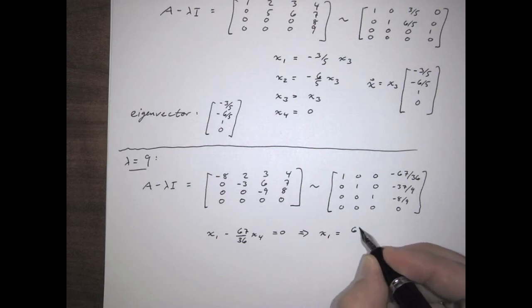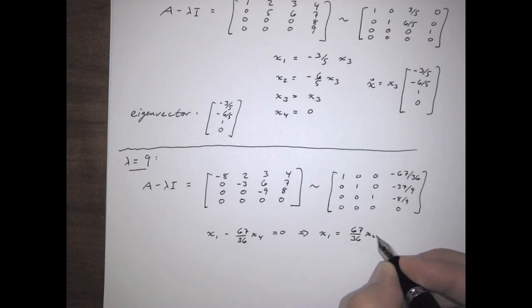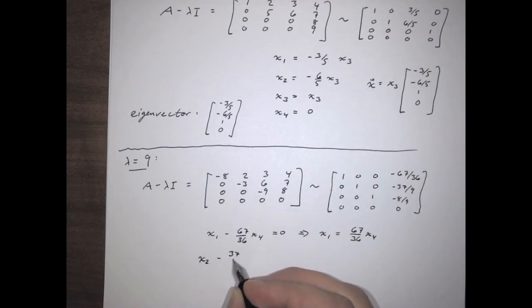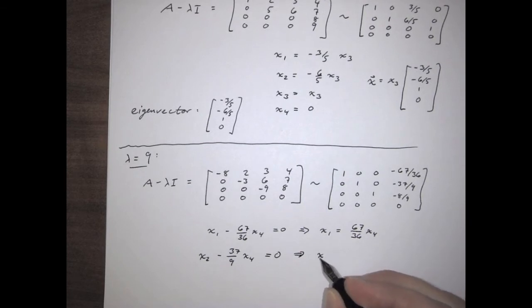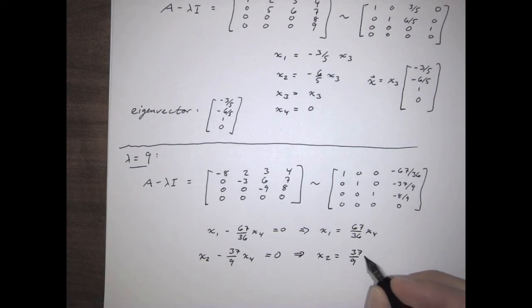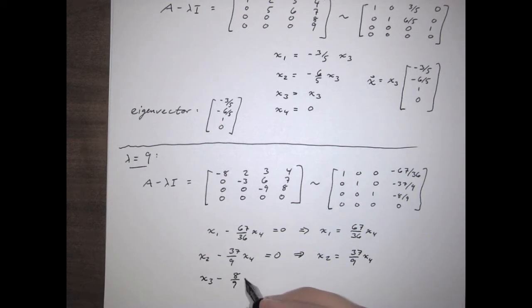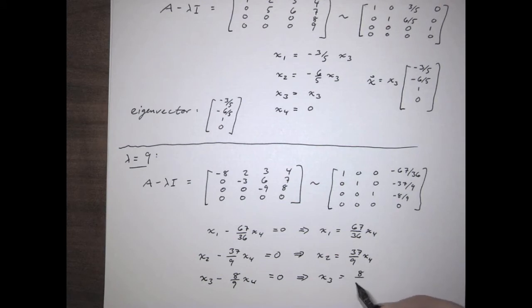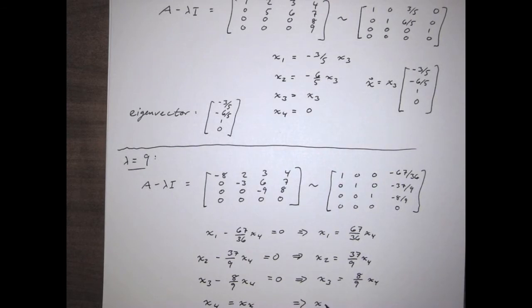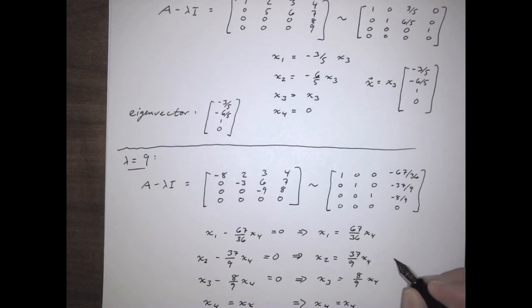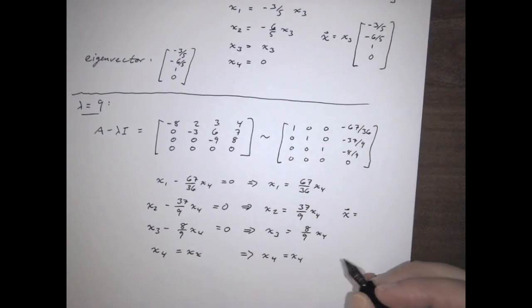which means x1 equals 67/36 x4. x2 minus 37/9 x4 equals 0, which implies that x2 is equal to 37/9 x4. x3 minus 8/9 x4, finally a reasonable one, equals 0, that implies that x3 is equal to 8/9 x4, and x4 is equal to x4, which just for completeness we'll say implies x4 is x4, which together then all imply that x is going to be parameterized by the x4,